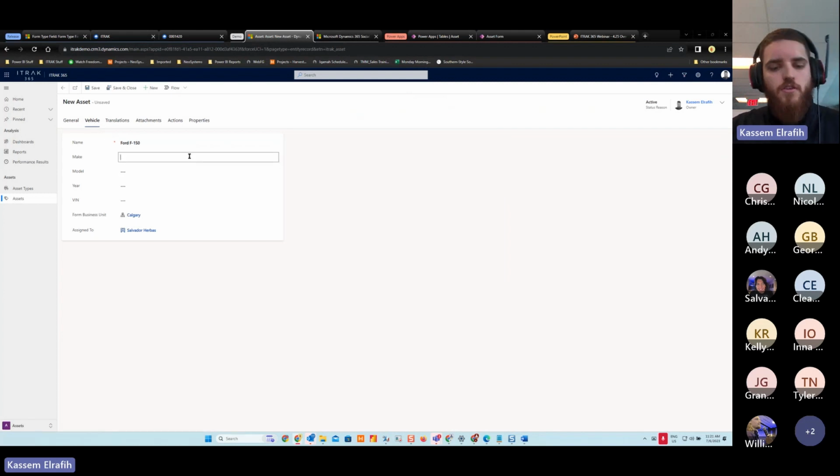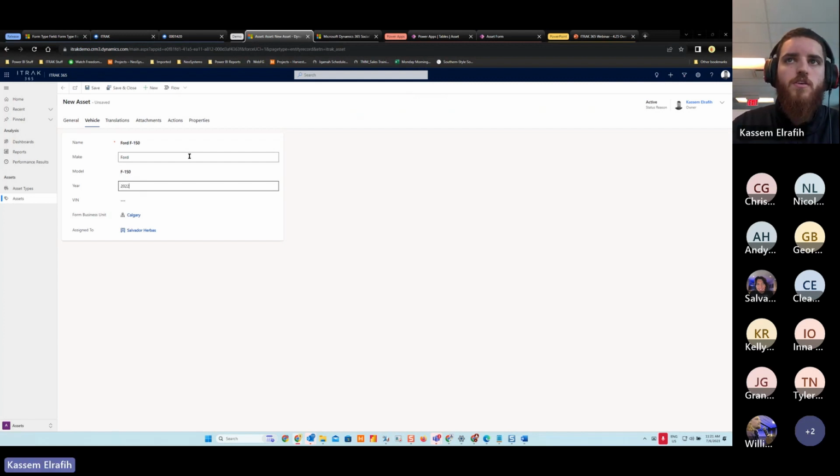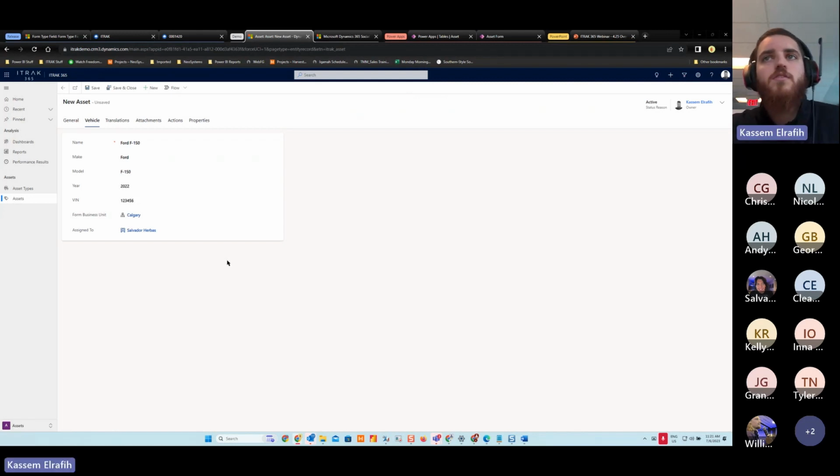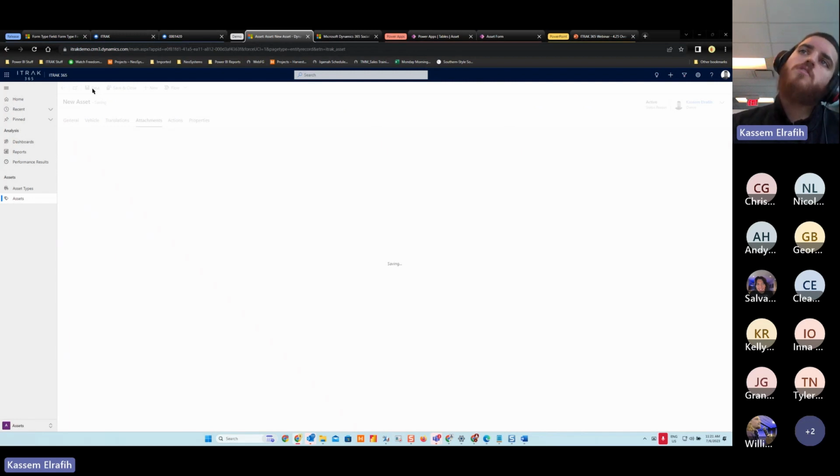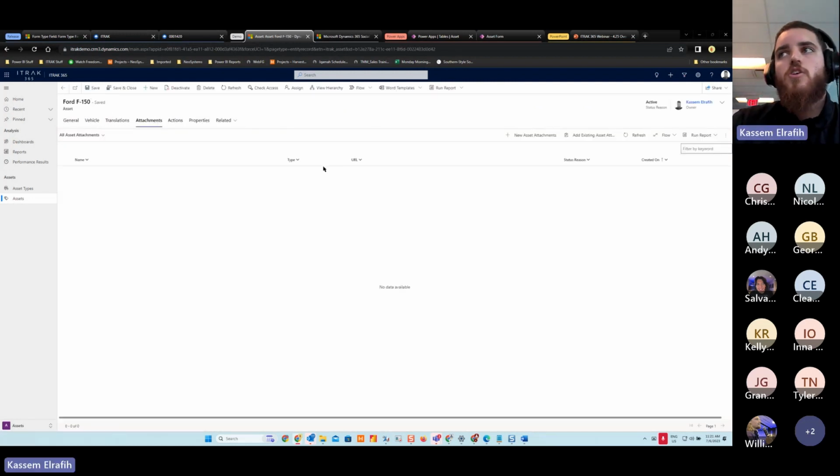So as I mentioned here, as you go through your field, right, 2020, and then VIN 1, 2, 3, 4, 5, whatever it is, right? But these fields are all specific to that vehicle. You can also add attachments. So if I just hit save, you can also add attachments to this. So if I go new asset attachment,